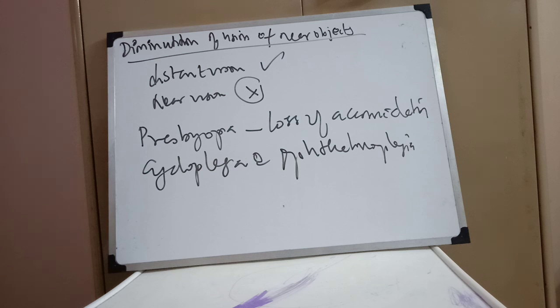So this comes to the end of our discussion about symptoms of vision. We started with blurring of vision, diminution of vision, and we progressed to floaters, flashes of light, glare, photophobia, colored halos, day blindness, night blindness, and diminution of vision of near objects. I'm pretty sure I missed out a few conditions here. Diplopia, I missed out. Then distortion of vision, I missed out. Especially important symptoms here are going to be color blindness, diplopia, diminution of vision, and glare. These are the very, very important symptoms under symptoms of vision.